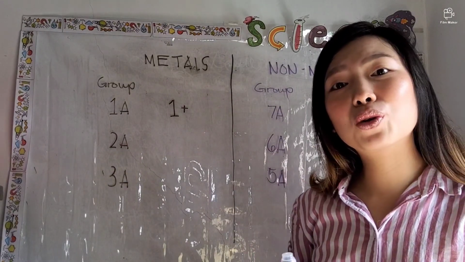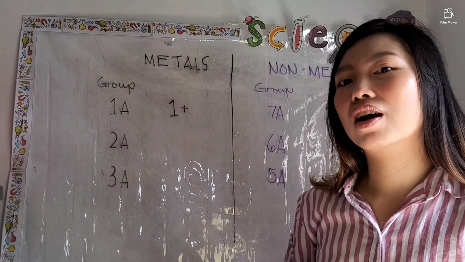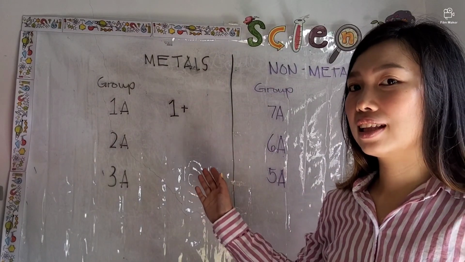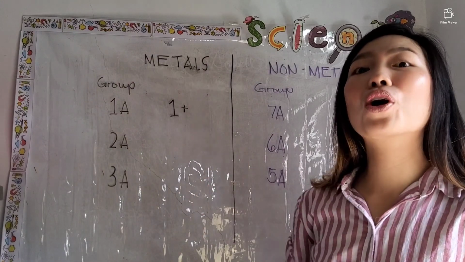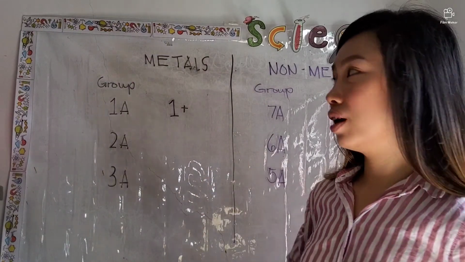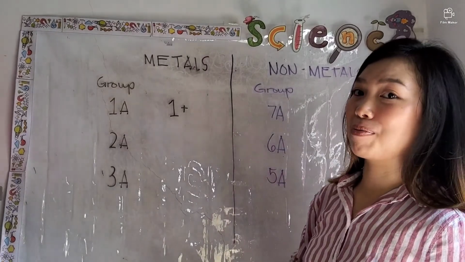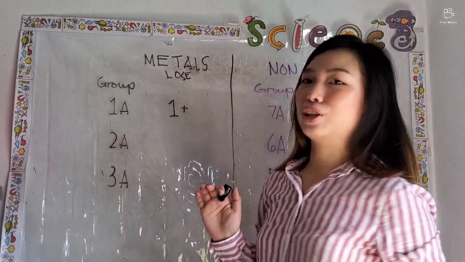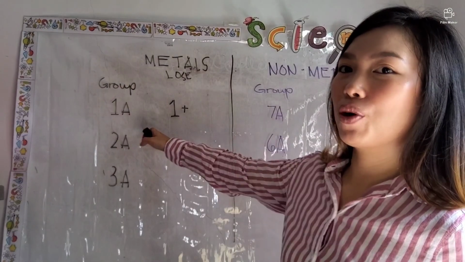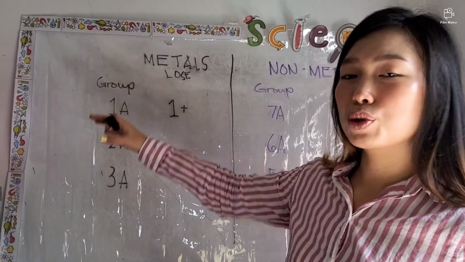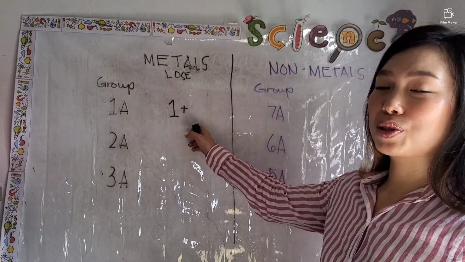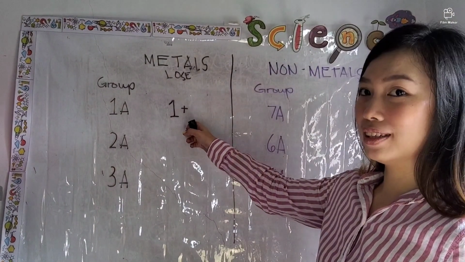Kung ano ang kanilang group number, ganun din ang ions na kanilang ilulose or i-remove. Take note ha, this is metals and metals always lose electrons. At lahat ng nasa group 1A ay nag-lose o nagbibitaw ng isang electron, kaya meron silang ions of 1